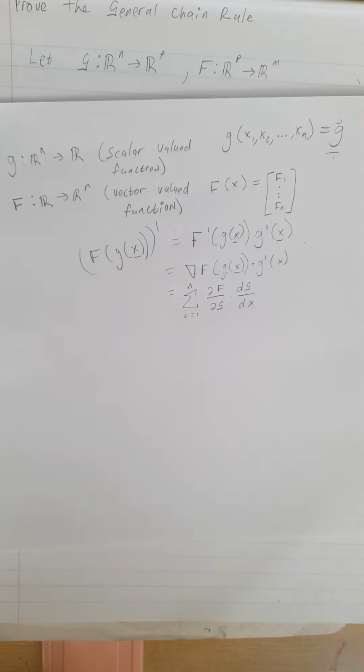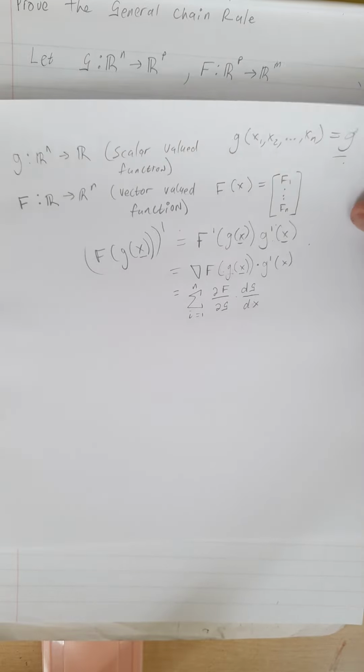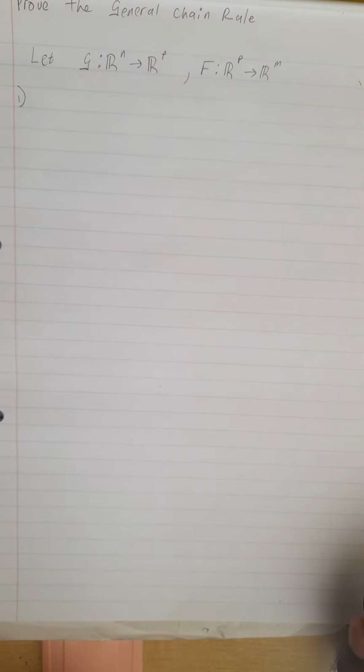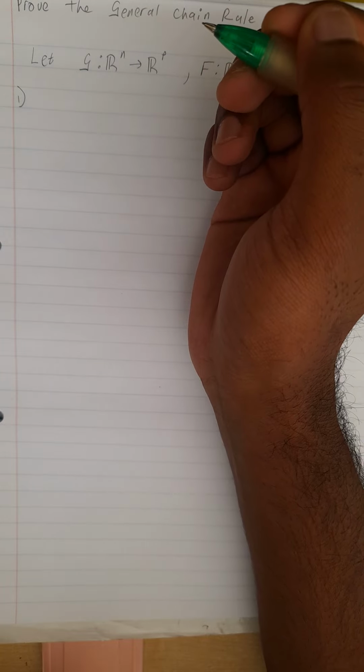So I won't go into much detail about this, but it's basically the same concept. So the first part of this proof would be taking the summation of such a composition. So the derivative would basically be like